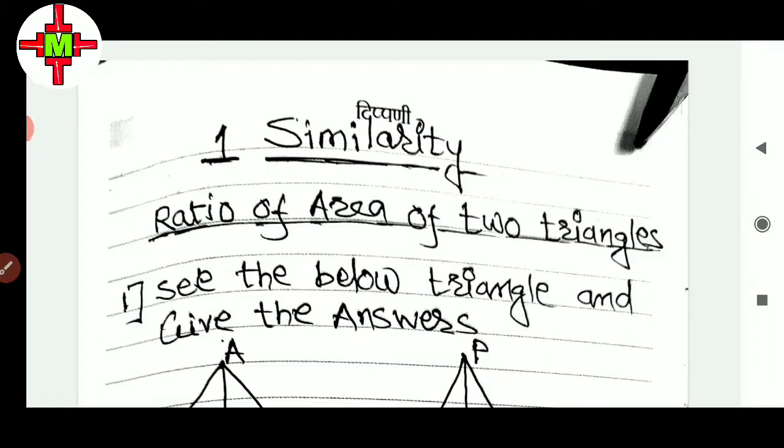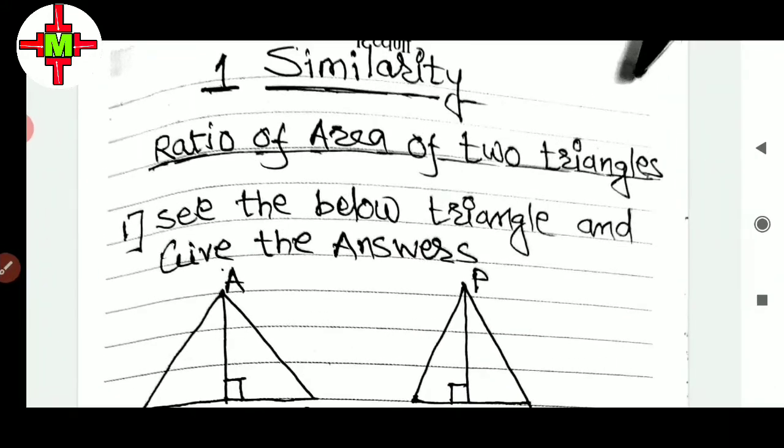Today we see mathematics second paper, chapter number first, similarity. You know that which is called similarity in ninth standard. First, ratio of area of two triangles,